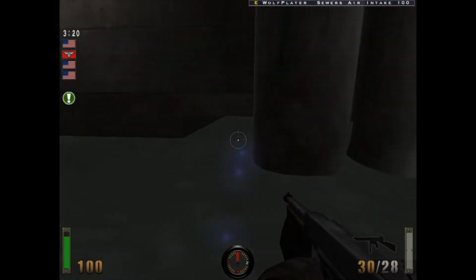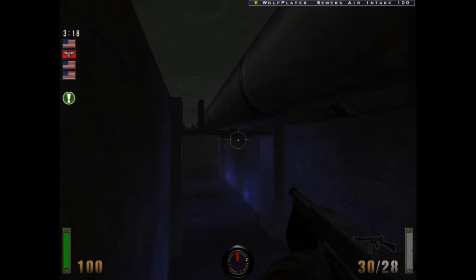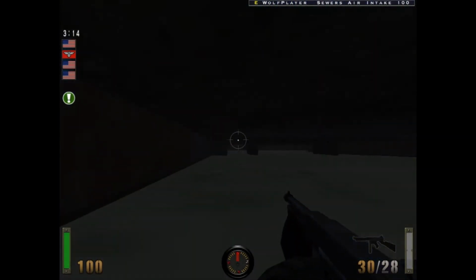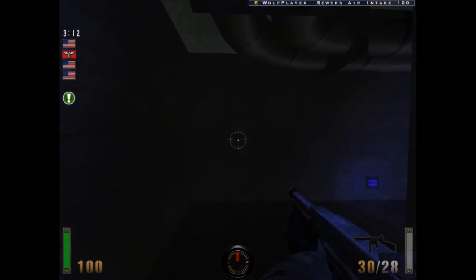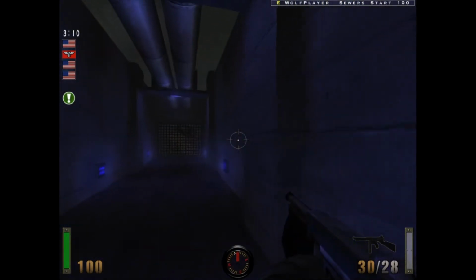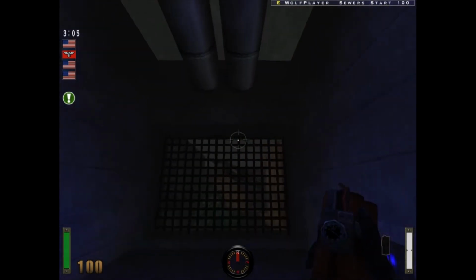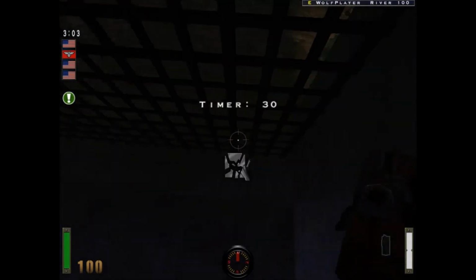So we have to go for a swim, I see. Dive. The question is... Oh, you can get sort of... Okay, you can keep bobbing up for breaths. Like that. Yeah, this takes us out here towards the riverbed. Sewer start. But hang on, we're completely submerged here, so...